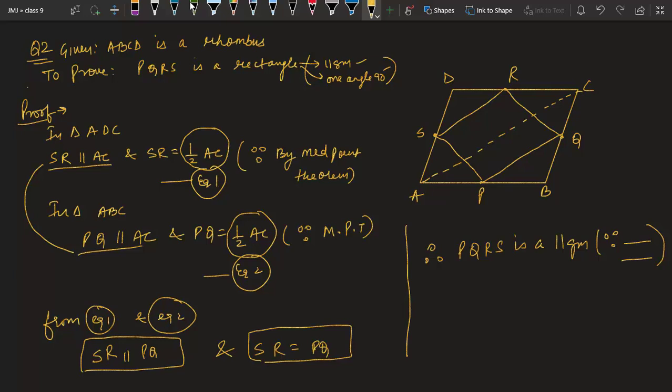Now we have to prove somehow that any of the angle, this one, angle this one, we have to prove any of it as 90 degree. Now question comes, how shall we prove this? For this we have to think about this. ABCD is a rhombus. What property of rhombus can help us in this question? Try to think. In rhombus, when you hear about the diagonals, the diagonals of a rhombus bisect each other perpendicularly.